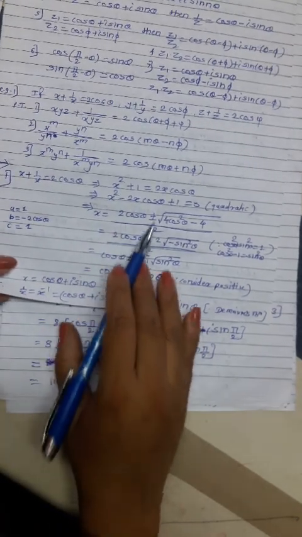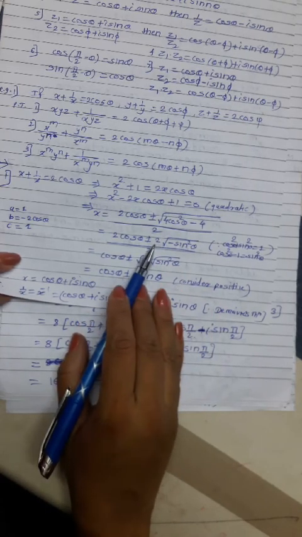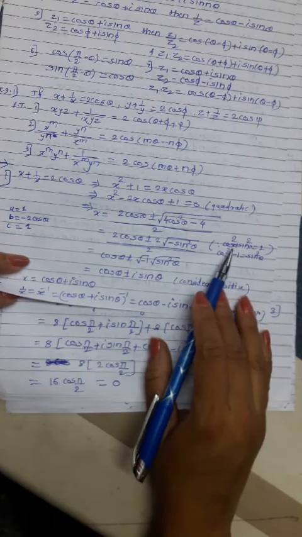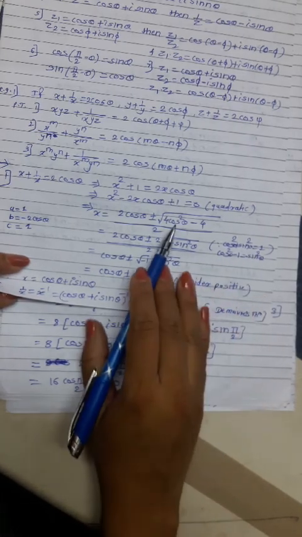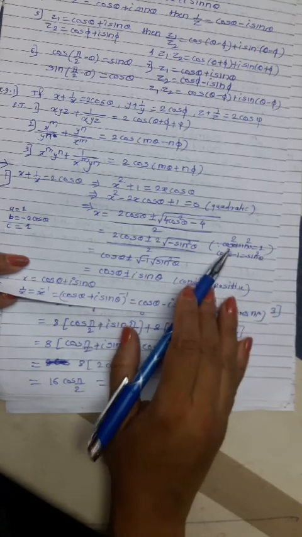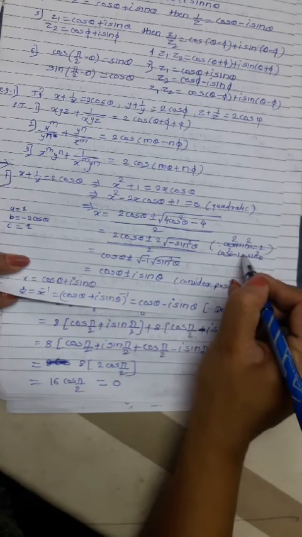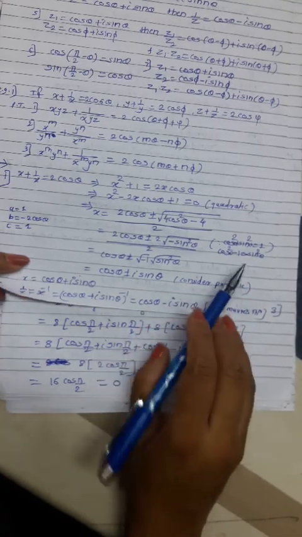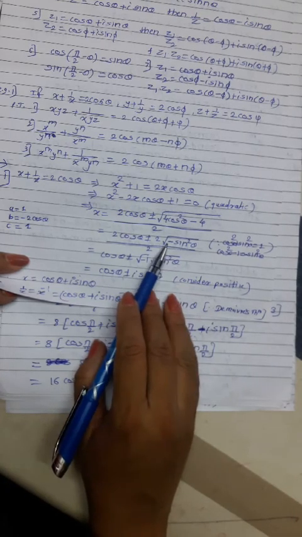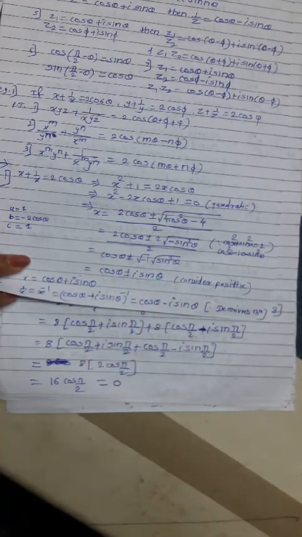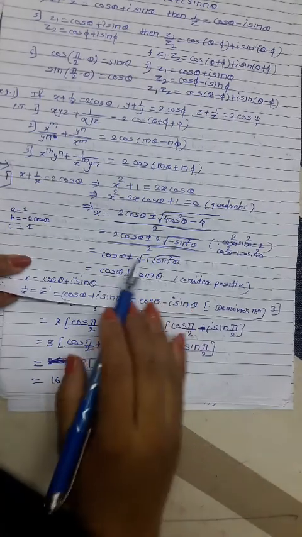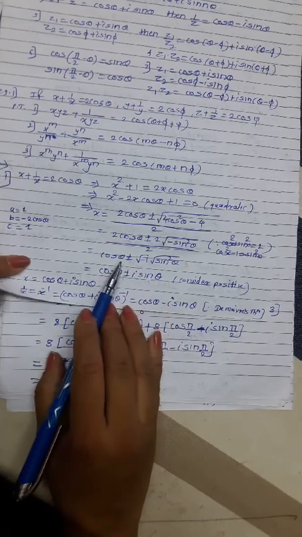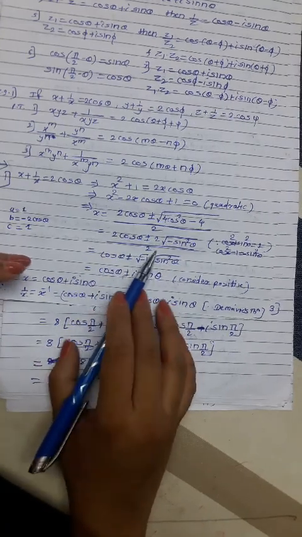Now 2 cos theta as it is, plus or minus, take 4 outside as 2, the square root of 4, and cos square minus 1 is minus sin square. We know the identity cos square plus sin square value is 1. Therefore cos square minus 1 is minus sin square. Now put this value in this root. Minus sin square, upon 2 as it is. Now 2 gets cancelled from the numerator and denominator. We get here cos theta plus or minus the root of this.